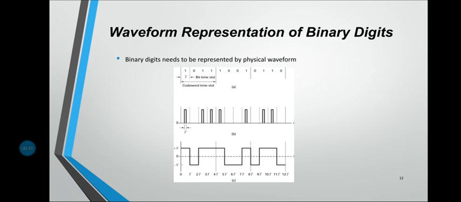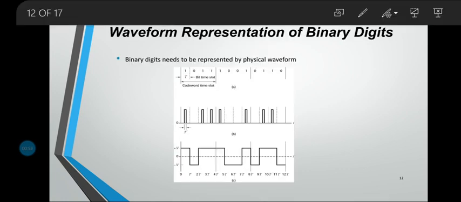So we know in PCM we are getting the coded digits as zeros and ones. It can be a 3-bit coded digit, or a 4-bit coded digit, or a 4-bit representation of the quantized samples. It can be of any such kind. So we are trying to represent the binary digits by a physical waveform. Whatever binary digits exist, our duty is to represent them by usage of a physical waveform. So how do we represent that with the help of a physical waveform?